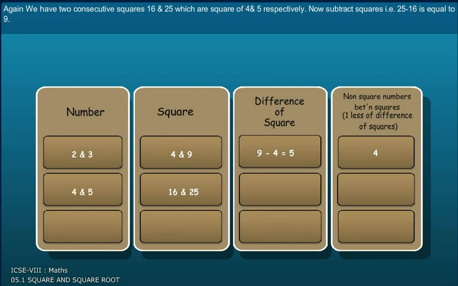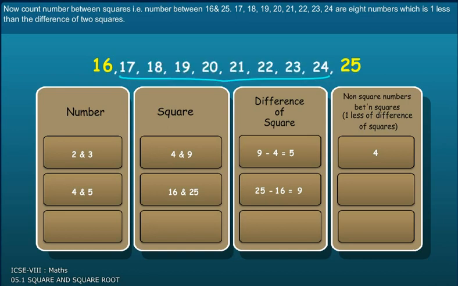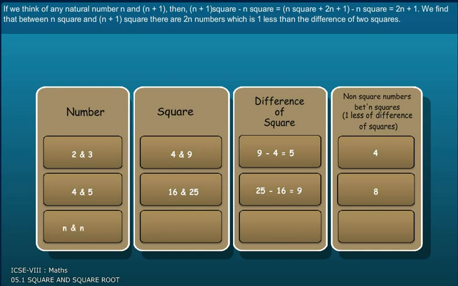Now subtract the squares, that is 25 minus 16 is equal to 9. Now count the numbers between the squares, that is numbers between 16 and 25. 17, 18, 19, 20, 21, 22, 23 and 24 are 8 numbers which is 1 less than the difference of the two squares. If we think of any natural number n and n plus 1, then